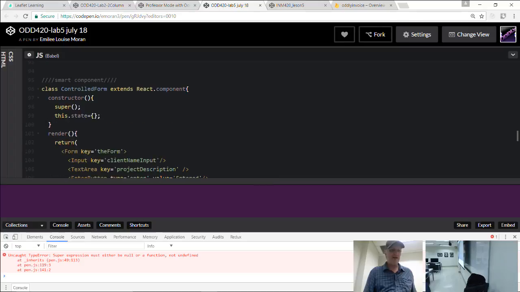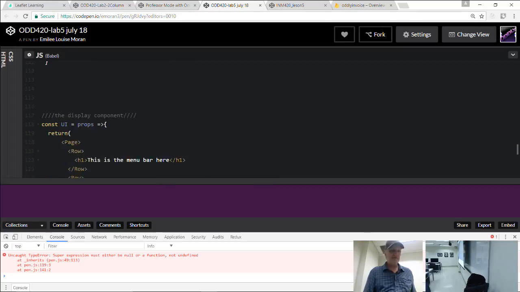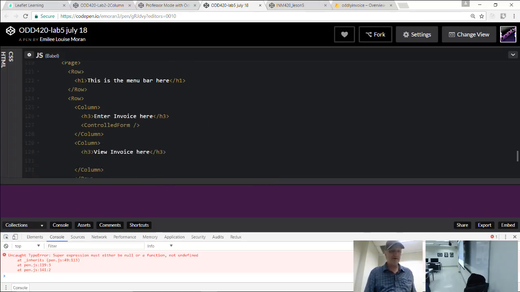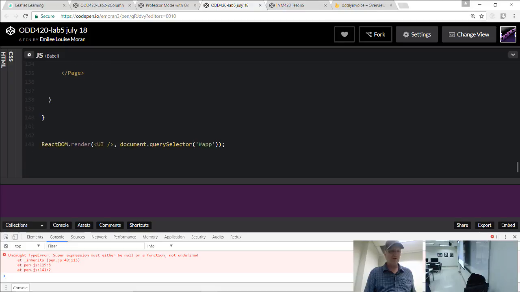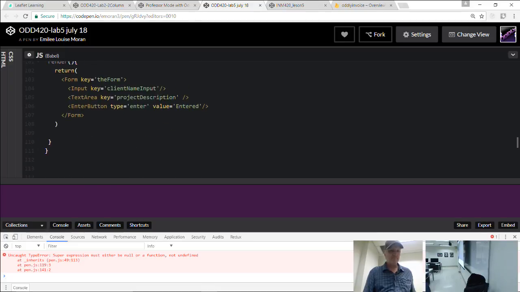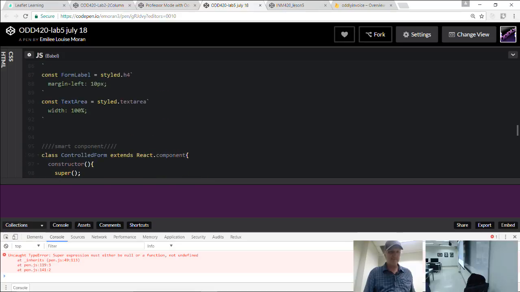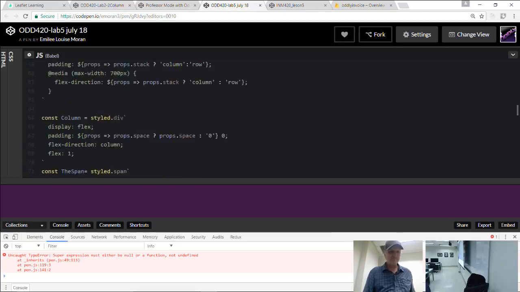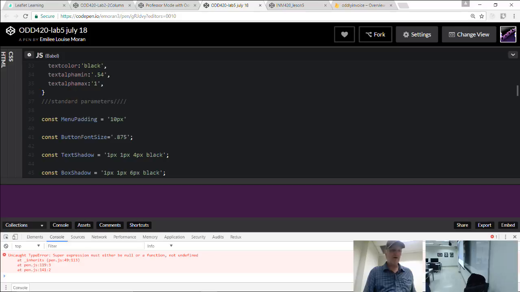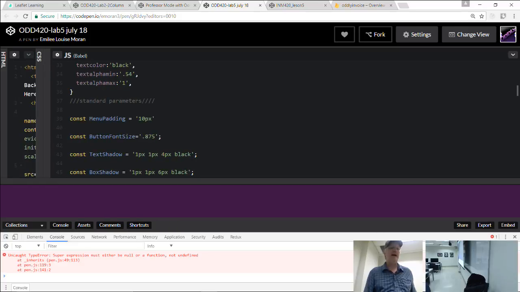Do you have any other smart components in here, or just the one? Constructor is spelled okay. This looks all right. Do you have the script tag for React?